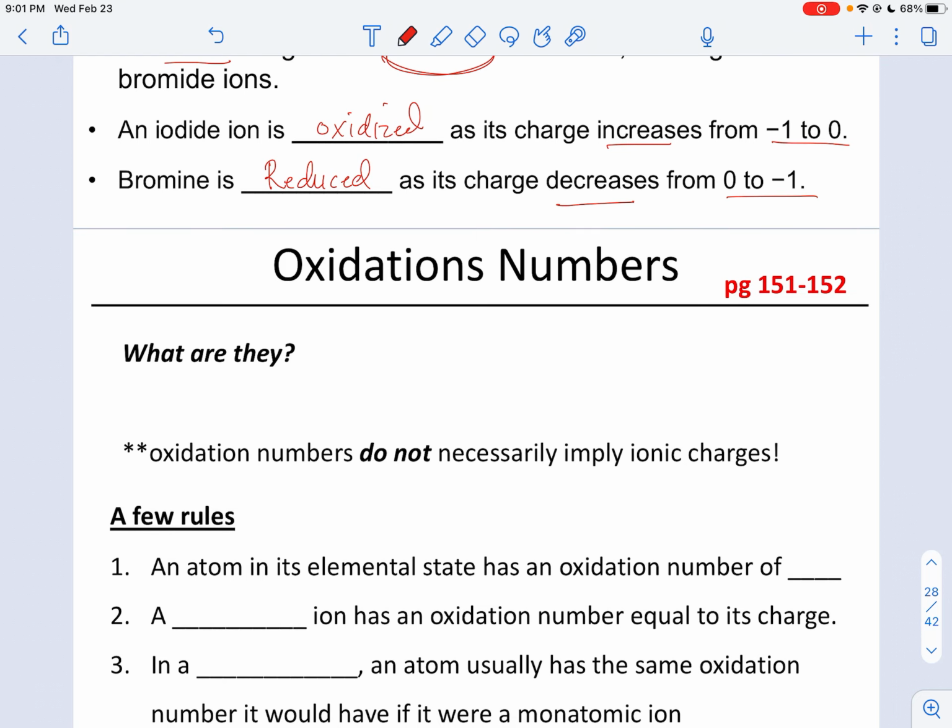So this is where the idea of oxidation numbers comes in. I highly encourage you to read pages 151 and 152. It's not a lot of reading. This walks you step by step through oxidation numbers with several good examples. But what is an oxidation number? They are numbers that indicate